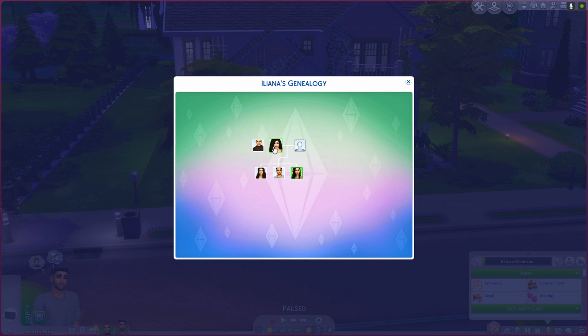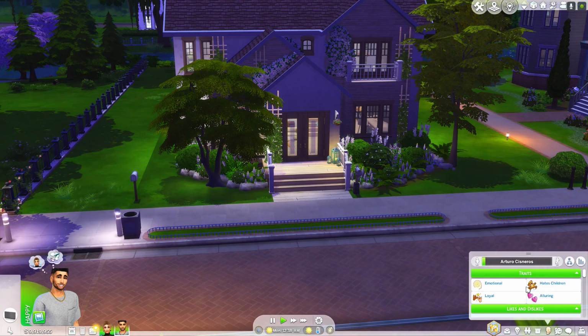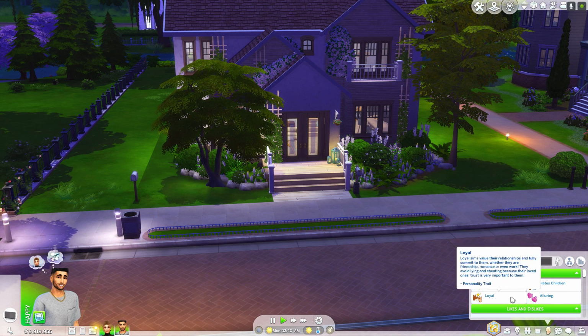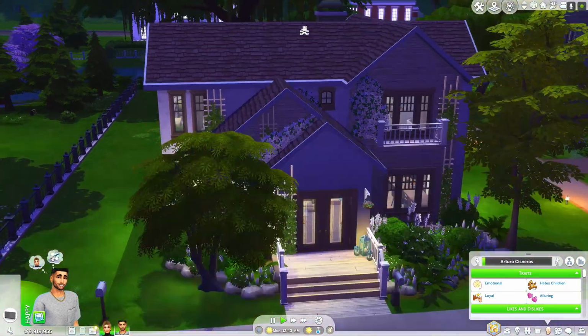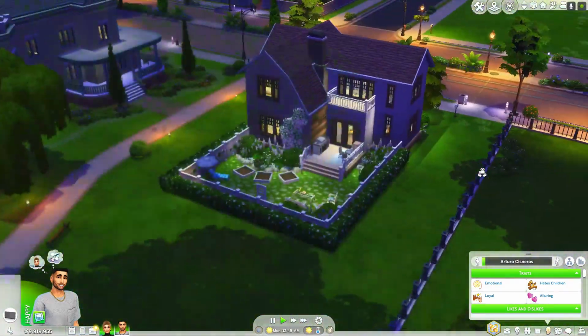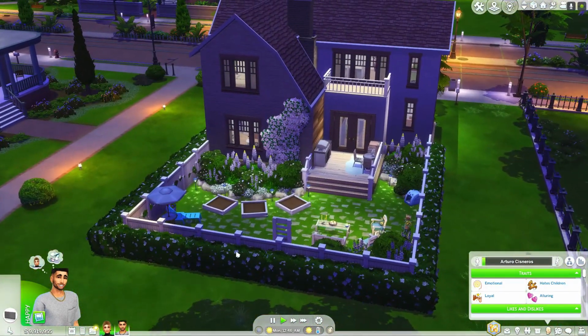Santos Cisneros. And I don't know why it doesn't say it's his dad. It says it's his stepdad, but I'm pretty sure, I mean, just ignore that. That's his dad, okay? Because they look alike too. But basically his traits are he hates children, he's emotional, and he's loyal, and he aspires to have a soulmate, I believe. So he's living in this nice house with his lovely girlfriend, I mean not girlfriend, wife,